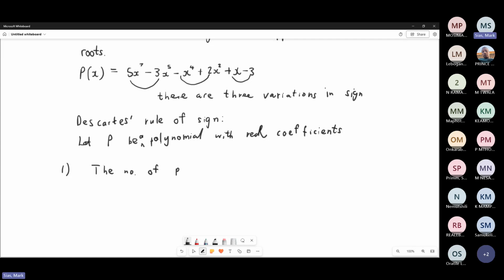I'll just say a plus sign as shorthand notation: number of positive real zeros. The number of positive real zeros of P(x), of P,